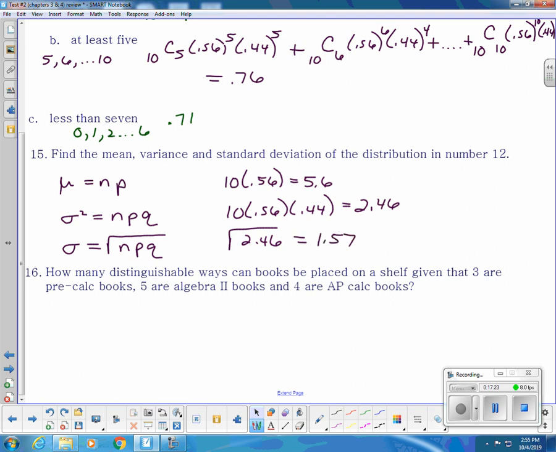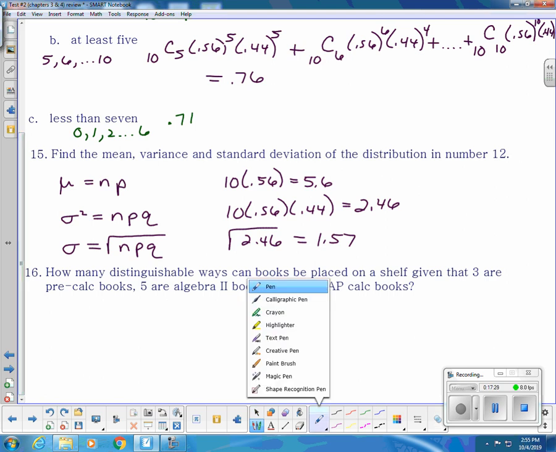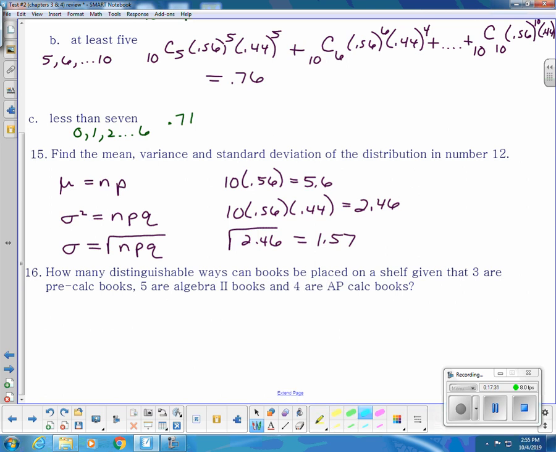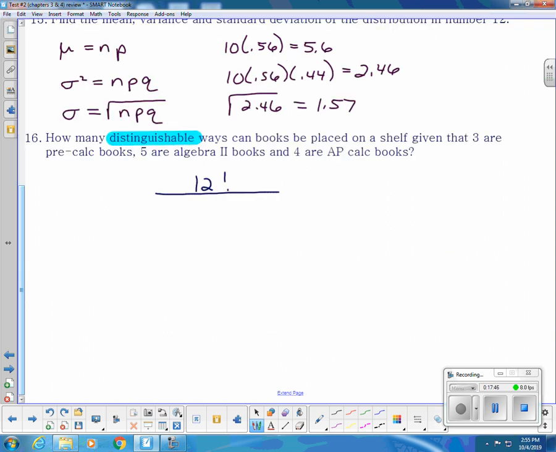Okay? All right. How many distinguishable ways can books be placed on a shelf given that 3 are pre-calc, 5 are Algebra 2, and 4 are AP Calc books? So the word distinguishable is huge here. There are a total of 12 books that I'm arranging. So if I were arranging all 12, it'd be 12 factorial. But I can switch around my pre-calc books and you're not going to know the difference. So we have to divide out that